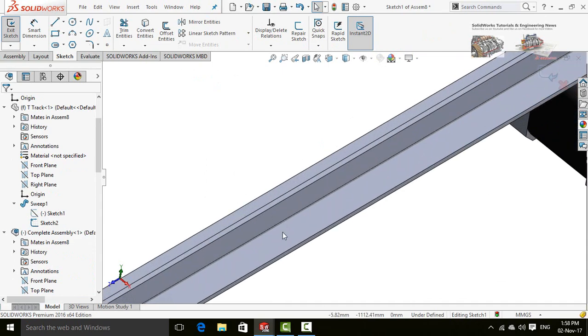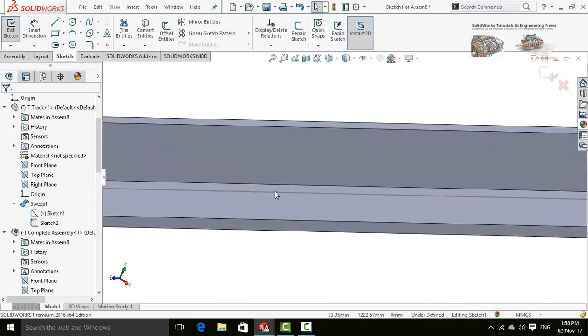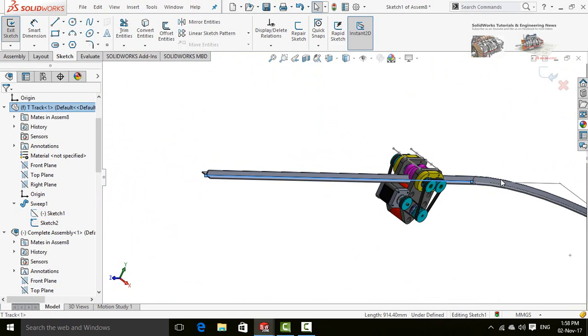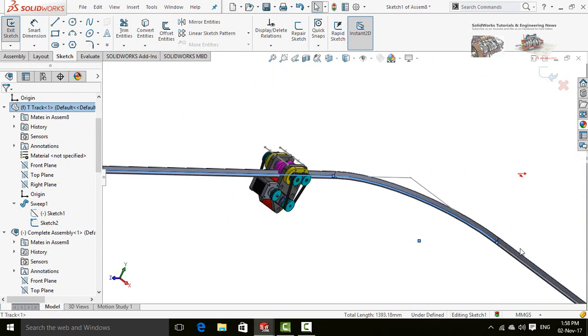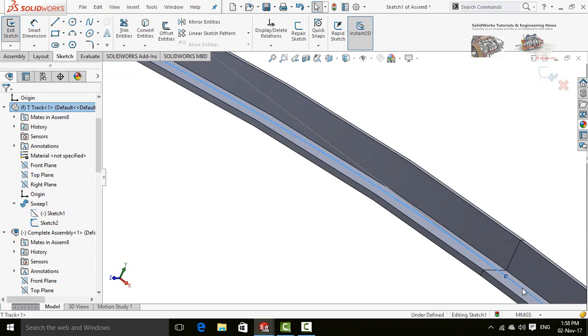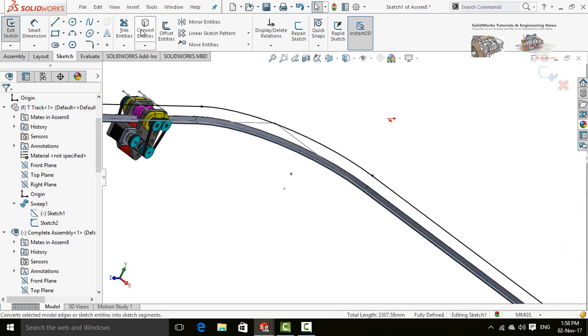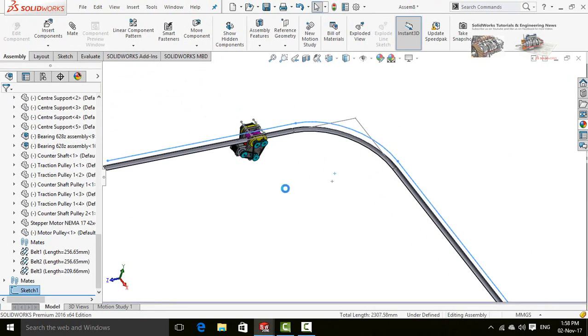Zoom in and press and hold control key, select this line which we have now, this curve and this line. In the sketch tab, click on this command convert entities. Now save and exit from sketch.